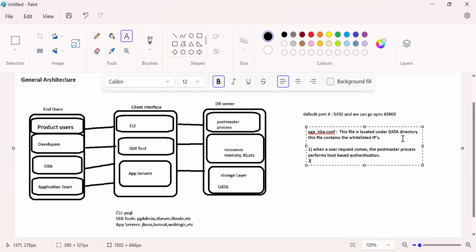Once this host based authentication is successful,